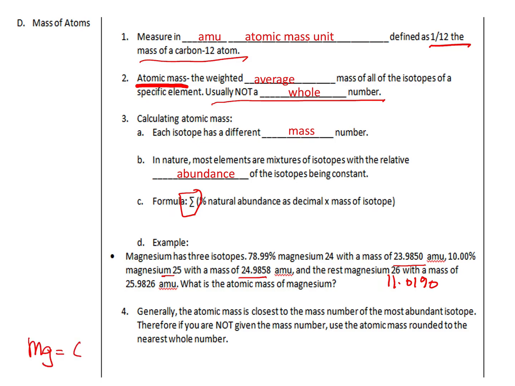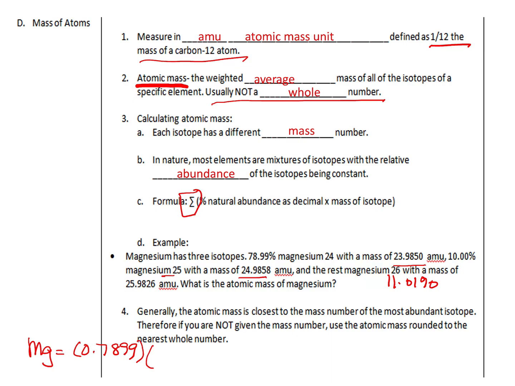We're going to take the 78.99 and make it a decimal. Well, I can do it in my head, but if you can't, take 78.99 and divide it by 100, because you had to multiply by 100 to get it to be a decimal. So it's 0.7899,